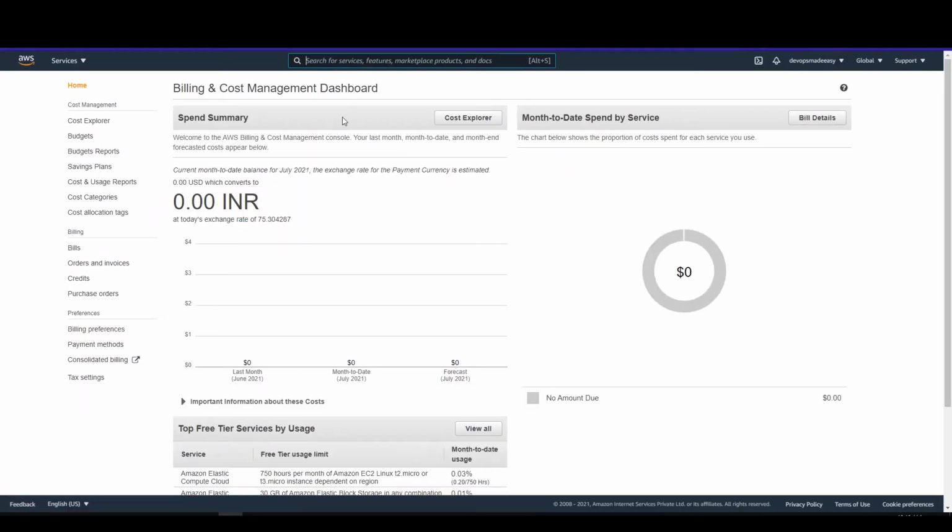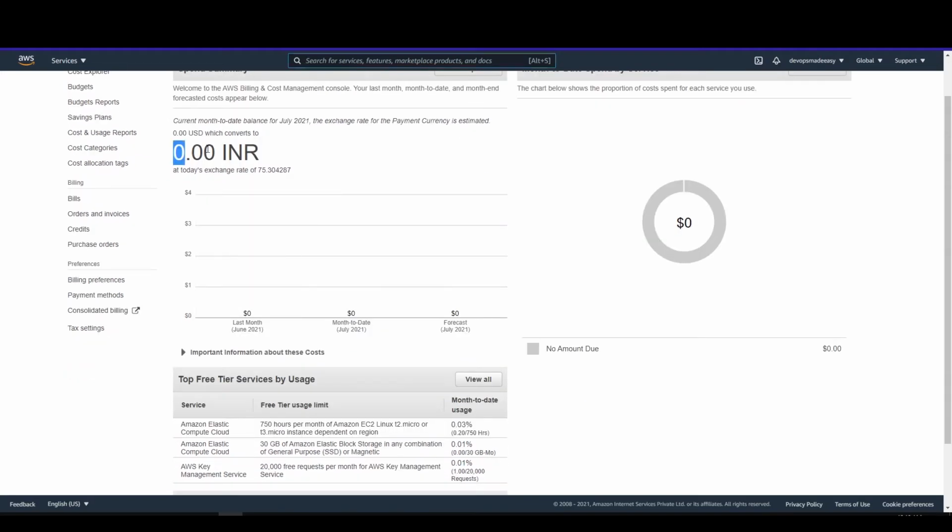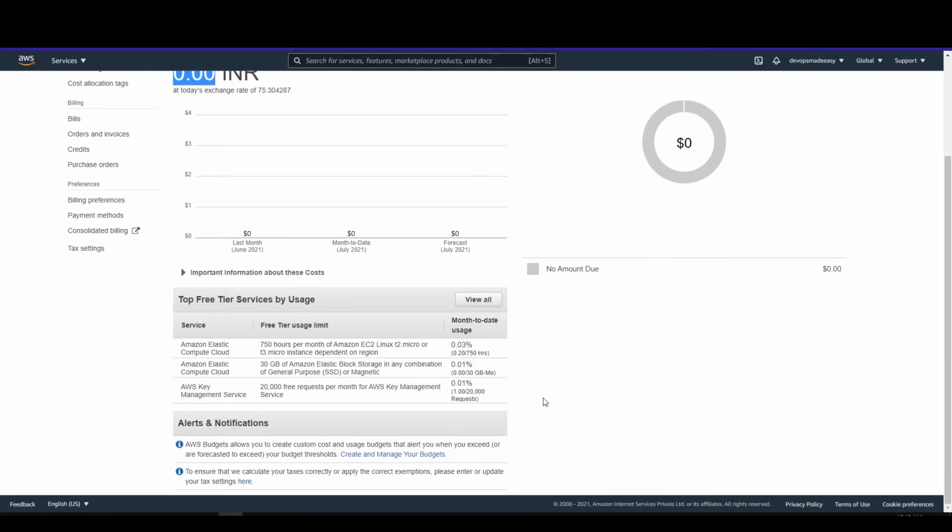This is the billing and cost management dashboard. You can see the current usage cost is zero because this is a newly created account, and the free tier usage for the EC2 instance is just under 1% because I have not used it much. You can also see the other free tier services by usage over here.